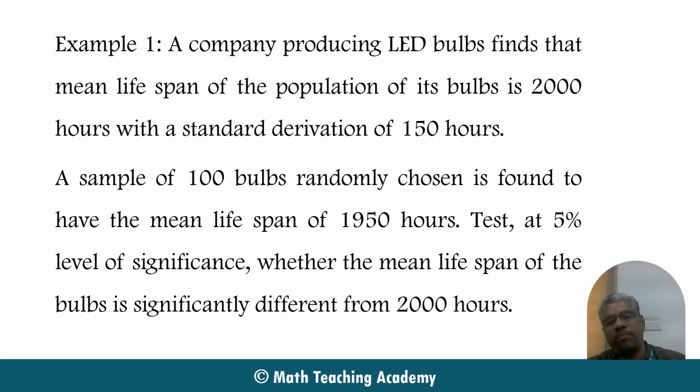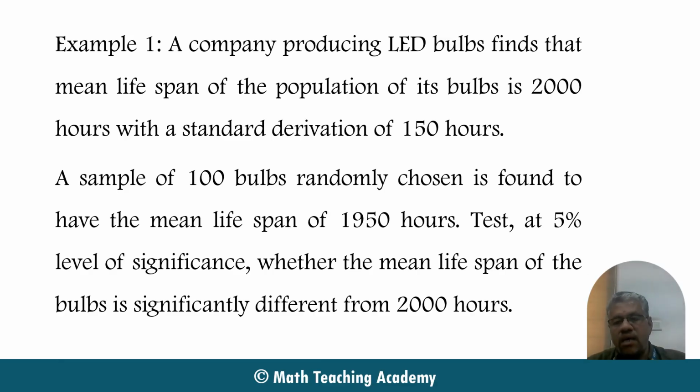1950 hours. This also comes under the level of significance. Usually they will give the level of significance. In this problem they are giving 5%. Usually they also give the level of significance as 1%, 5% or 10%, maximum of 10%. Whether the mean life, now they are claiming that in the bulb's outer cover, they are telling that this